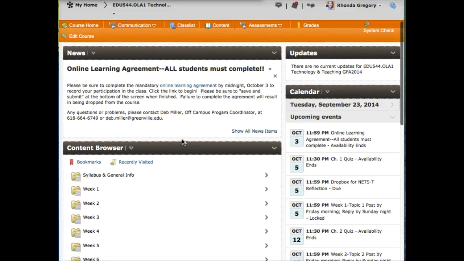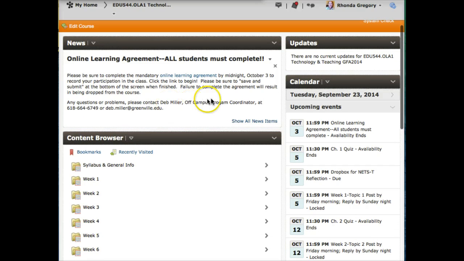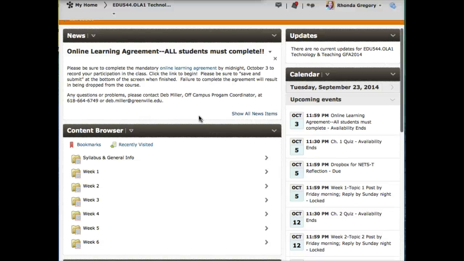Also pay attention to the different things that appear here under news, because I will also add additional news items throughout the course just to remind you about upcoming events, or send out reminders, give clarification if that's needed. It's just a good way for me to communicate to all of you in one setting and keep a list of those announcements as they come available. So be sure to look at the news items regularly when you log into our class.